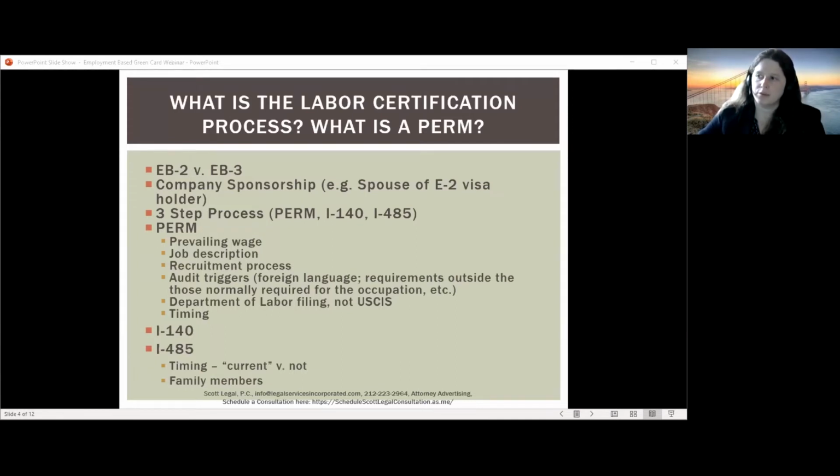The PERM is a three-step process. So first is the actual filing of the PERM, which is generally the longest process. Then there's the I-140 and the I-485 or consular processing. So looking at each of the steps in the PERM,